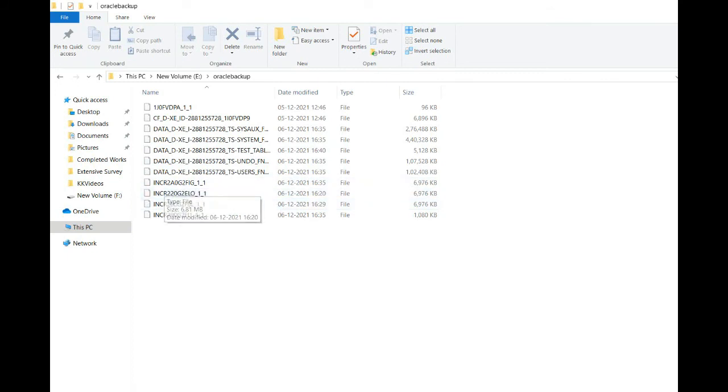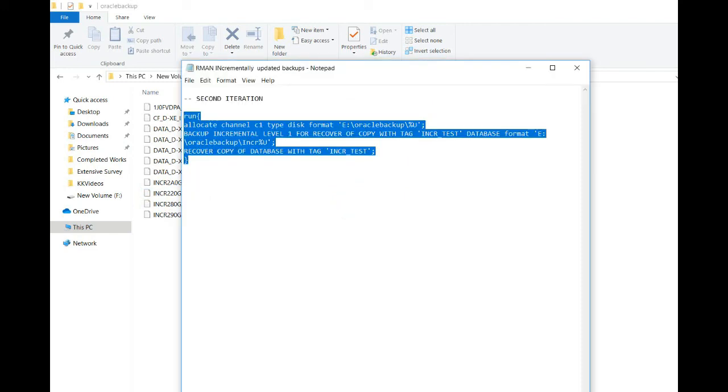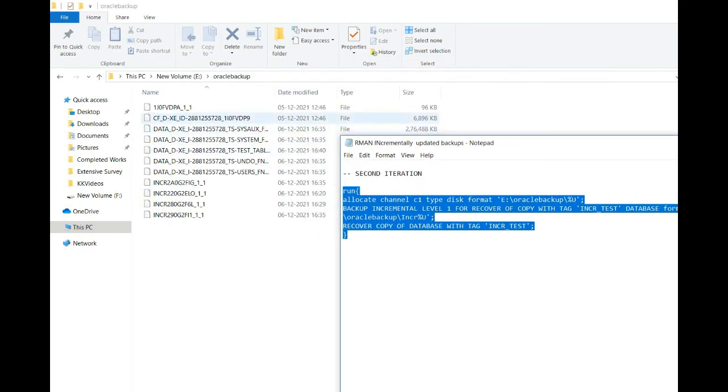What happened is, with incrementally updated backup, your level 0 backup, in this case image copy, so in incrementally updated backups, your level 0 should always be the image copy, that is the copy of your data files. So these data files have the latest changes. So this latest changes, they have got it from this incremental backup.